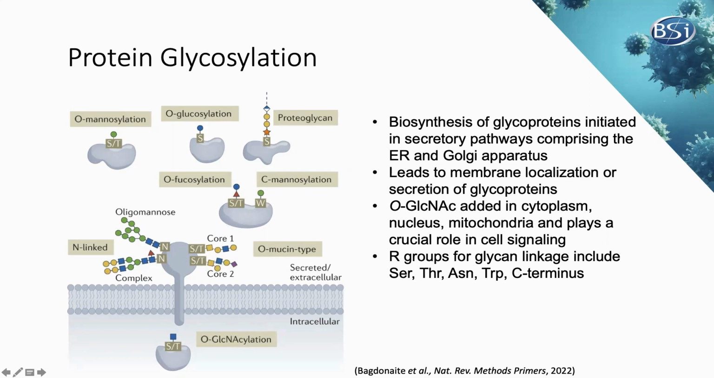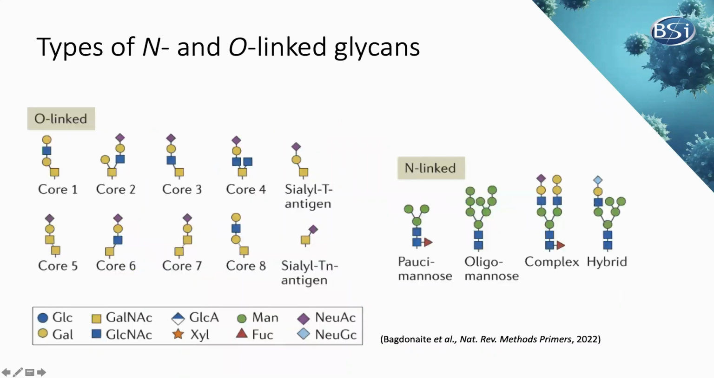Intracellularly, O-link glycosylation also occurs and has a crucial role in cell signaling events. So there's a range of common glycan classes that are observed across mammals, but mainly N-linked and mucin-type O-link glycosylation can occur. So N-linked glycans include